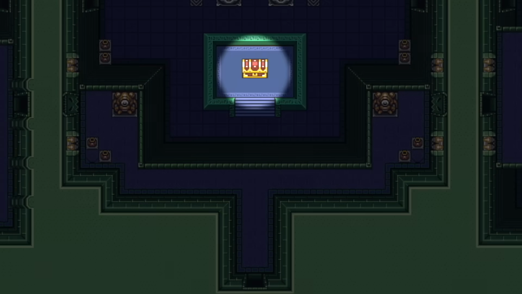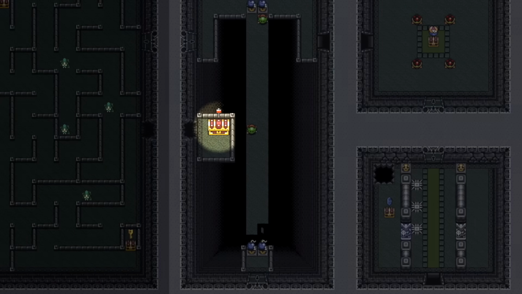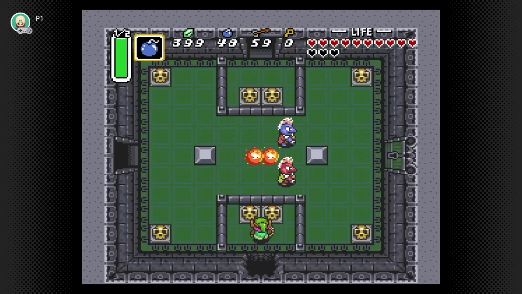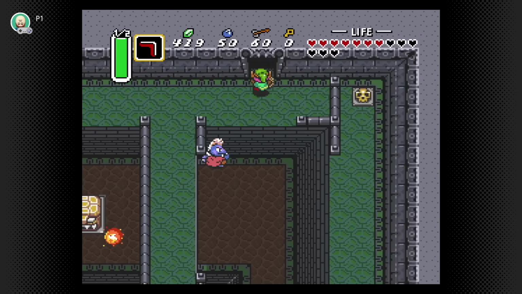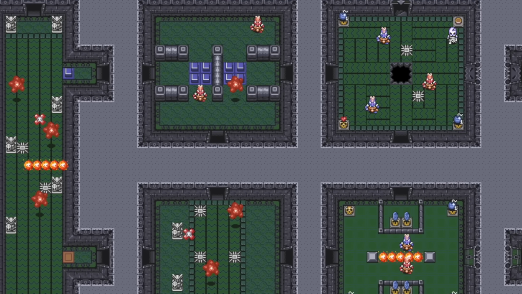I've talked a lot already in previous videos about how this game teases you with treasure chests that are out of reach, so I won't go too deep into that concept here, aside from mentioning that it is in full gear in this dungeon. Moving on to the second half of the dungeon, this whole section is a little more